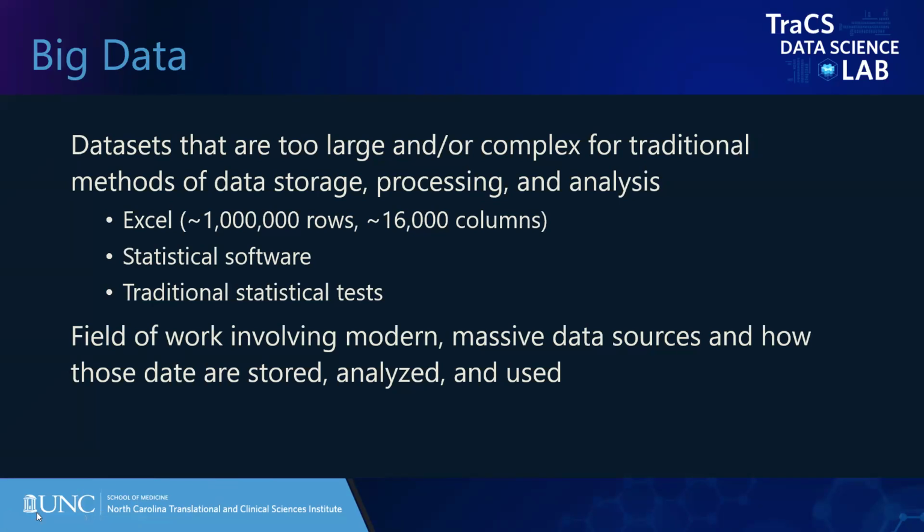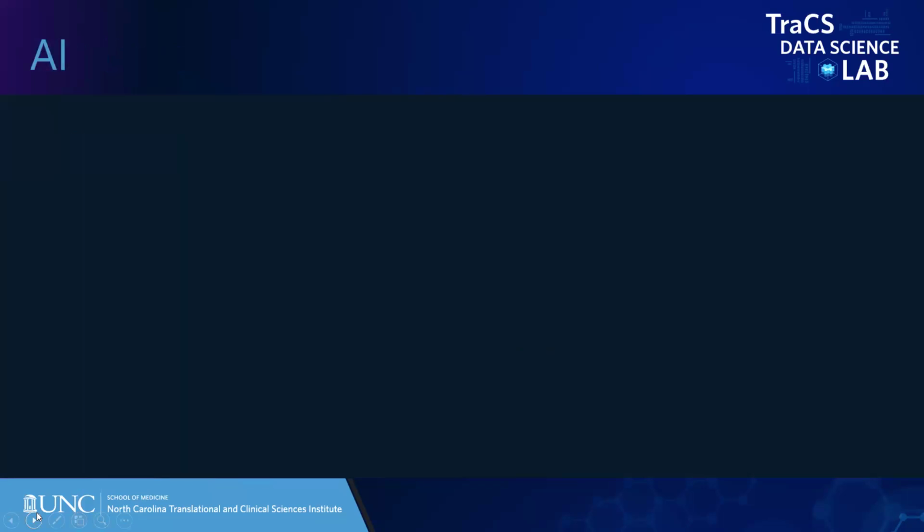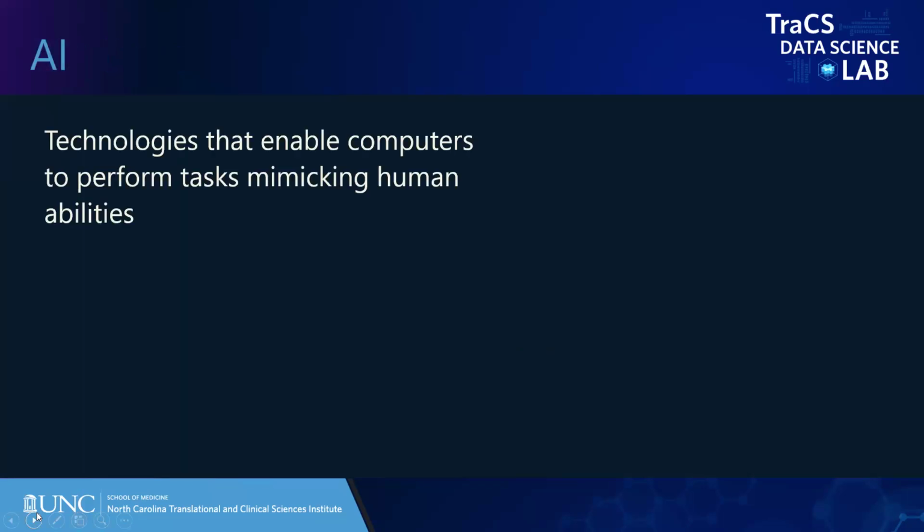So moving into AI then. AI consists of the technologies that enable computers to perform tasks that somewhat mimic human abilities. And in broad terms, here are some of the things that we use AI for. A lot of AI is about getting the computer to generalize from examples. So we give it lots of examples of something to analyze. It tries to find the patterns in those examples, and then it can use those patterns to perform some task.